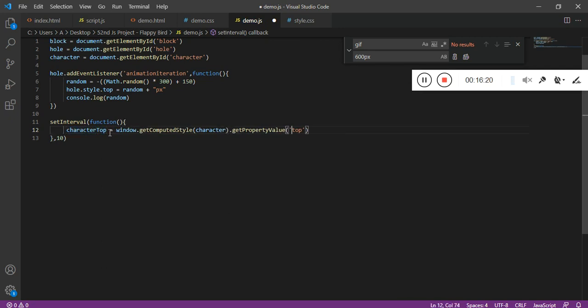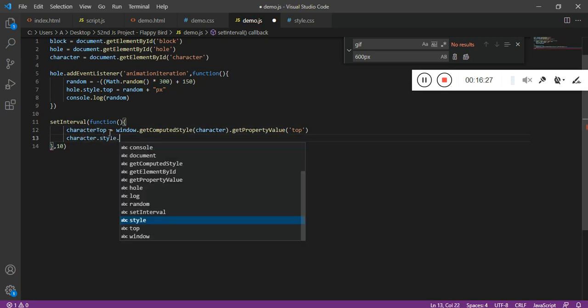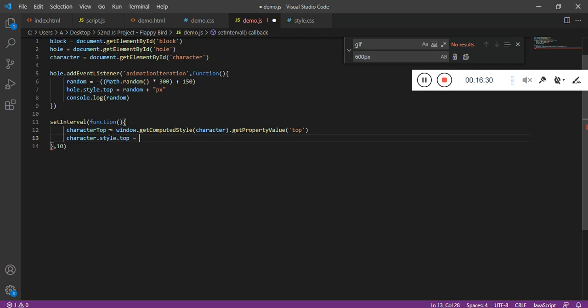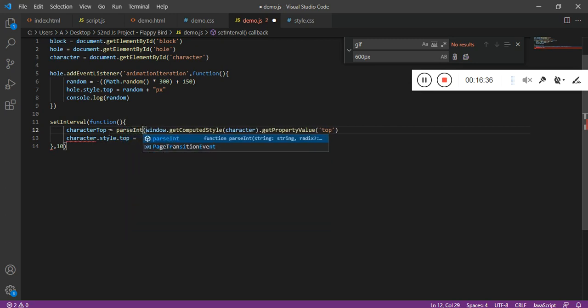Now we have to pass this to character.style.top equal to, and we need to get this as an integer. So parseInt, which will convert the string into an integer, then characterTop plus the string px. Now I'll show you with the help of the console.